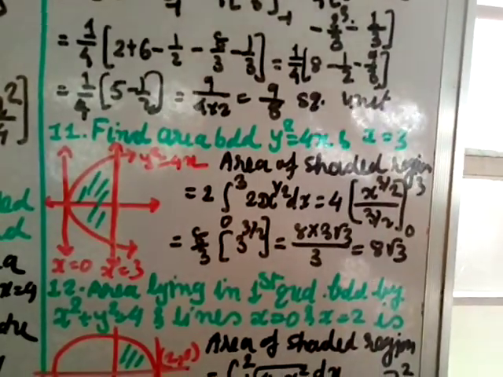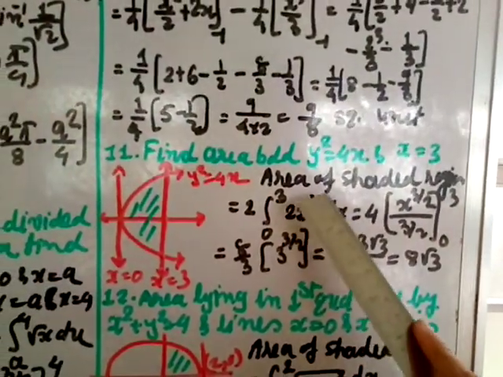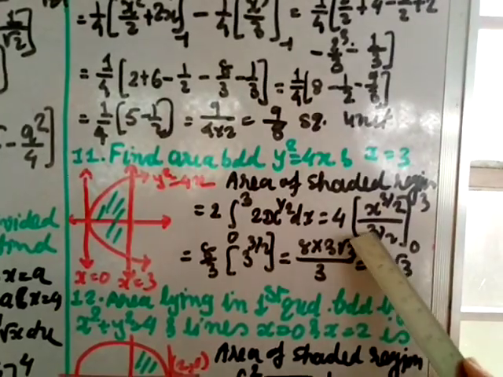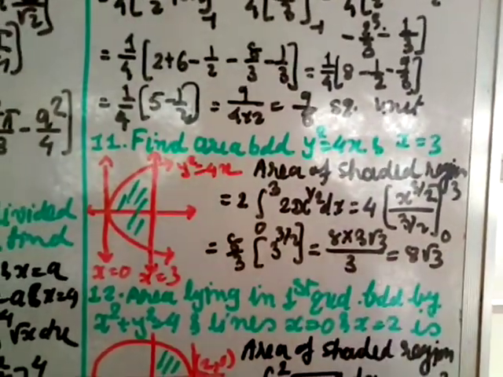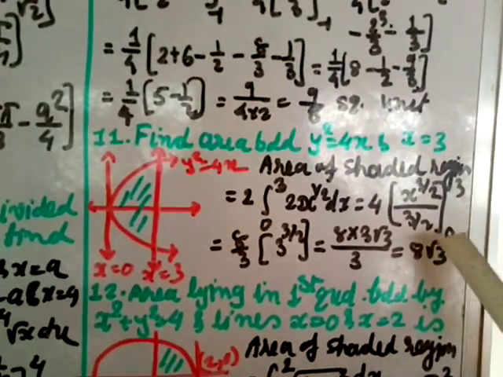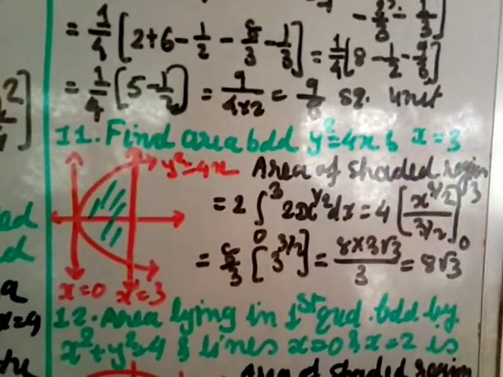And 1 by 2 you can write as you know the integral of x power 1 by 2 is x power 3 by 2 divided by 3 by 2. I hope you know that. I am using the x power n formula, that is x power n plus 1 divided by n plus 1. We have used it a number of times. For the limit 0 to 3, put the 3 first. When you put 0 it is 0, so only the upper limit is enough.